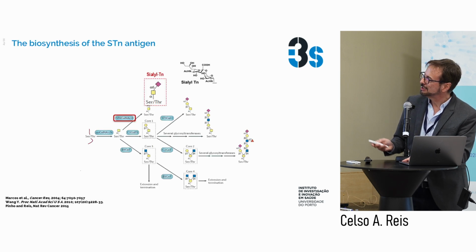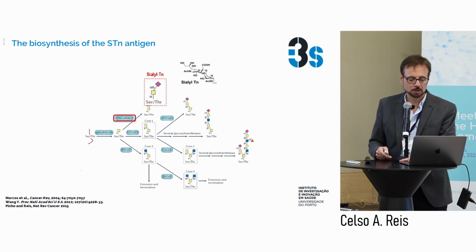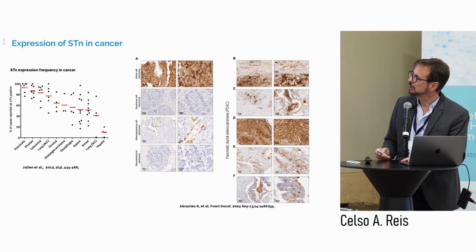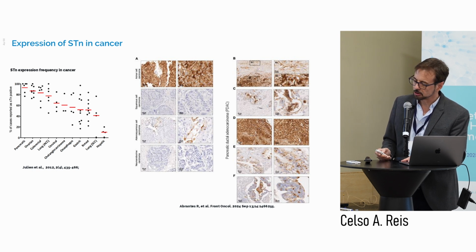glycans can also be targets for cancer therapy. This is one of the favorites, the short truncated O-glycan, the sialyl-Tn, which obviously has this aberrant expression in tissues occurring in pathological situations, particularly in cancer, and other groups from different countries have shown that you can detect a lot of sialyl-Tn expression. It's highly frequent in cancer.